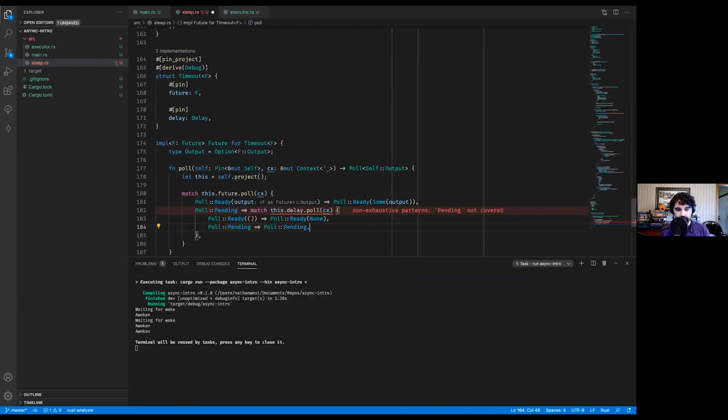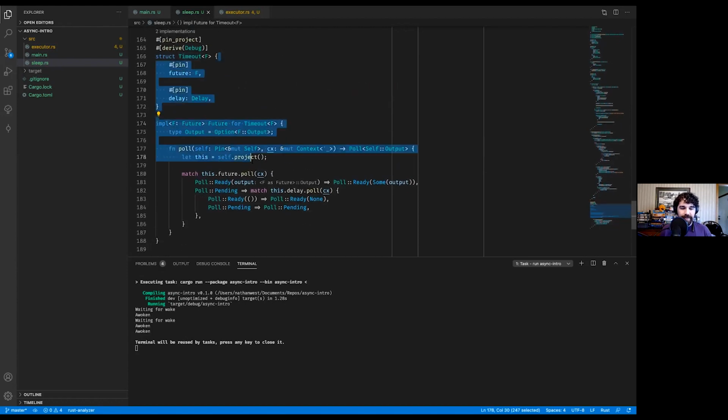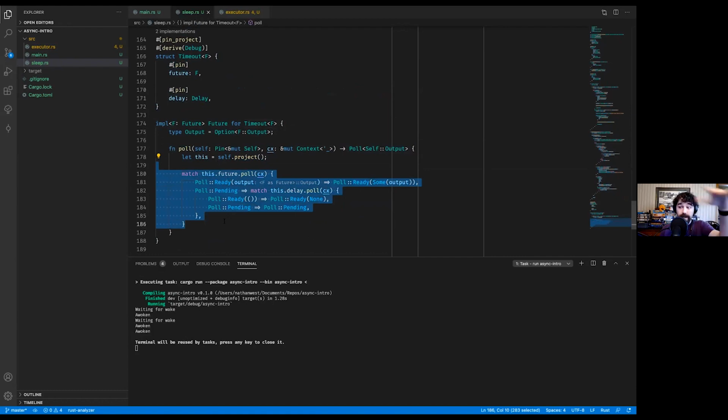Here's where the composition comes into play. We have shared our waker with both of these futures. They have both independently arranged to call wake because they want to be polled again, which means that our timeout will be polled again. I find this very cool. This isn't possible with the JavaScript promise model, because with a promise you set them off and now they're running, right? Now they're totally out of your control. Here, it all composes very cleanly.